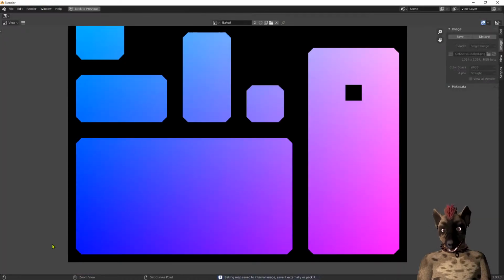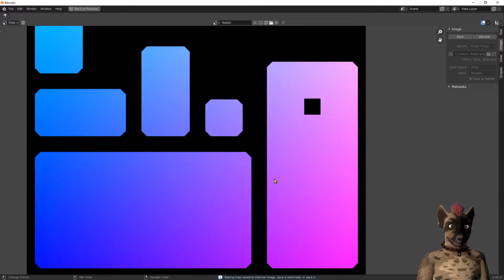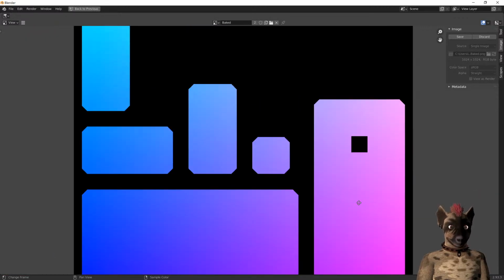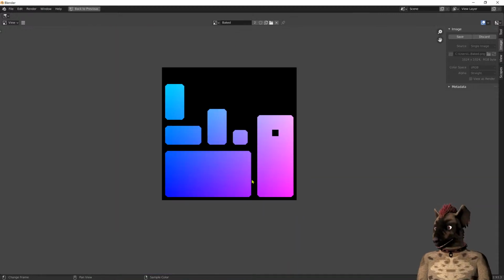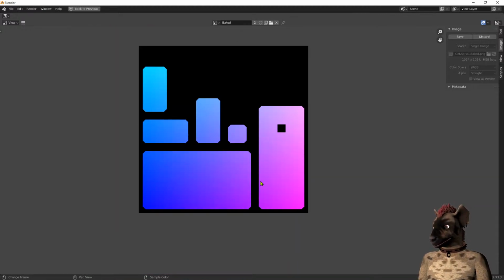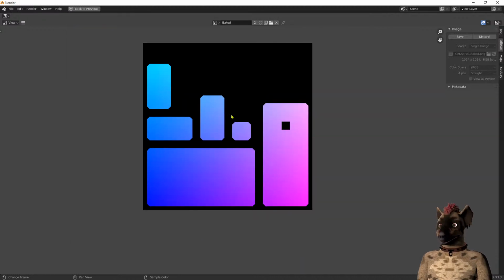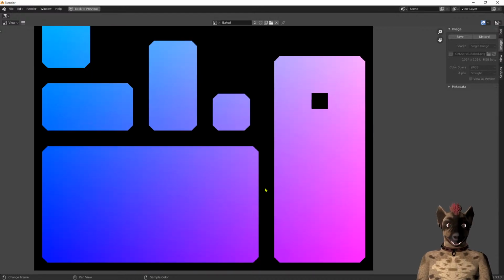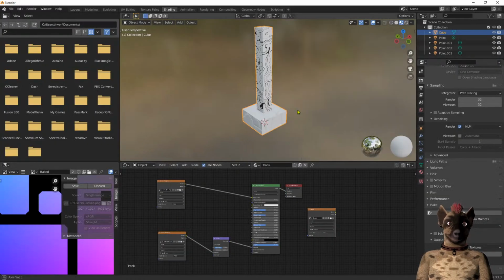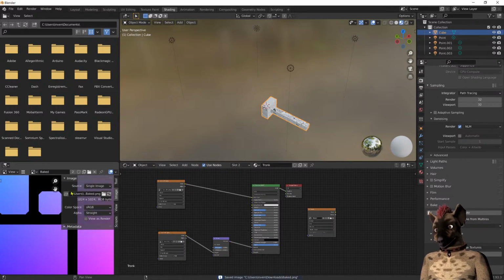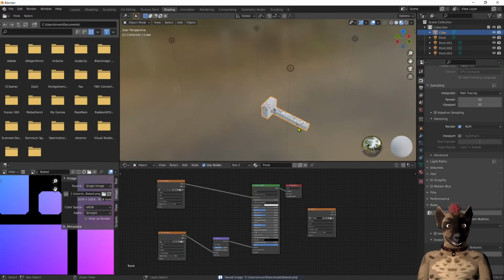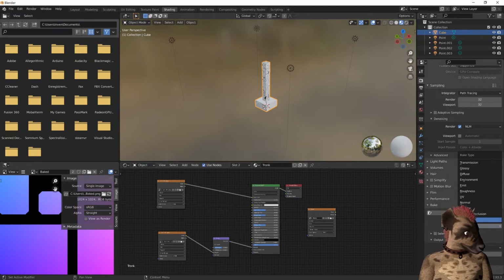UV. No idea what this does. I guess... Oh, I'm not sure. I think it's 2D UV. This is interesting, because normally you don't... No, I don't know. I have no idea what this is for. Is it because it's 3D? I have no idea. You can have this information with shaders, but